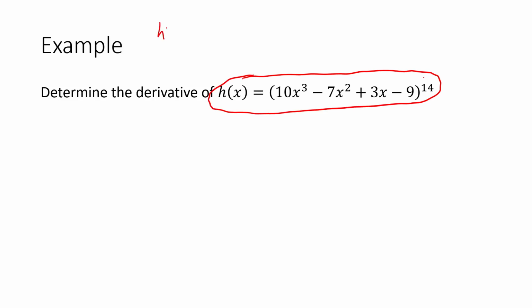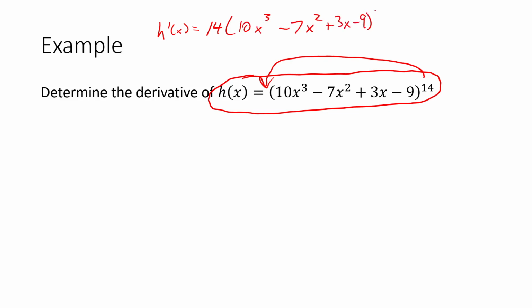For 90% of questions, if we can just determine that derivative, we're going to be okay. So in other words, if we can just bring that 14 in front, leave the polynomial the same inside, subtract 1 from the exponent, and then determine the derivative of the inside, then we're going to be okay. However, that won't get us through every question, and it's still instructive to be able to determine what the inner